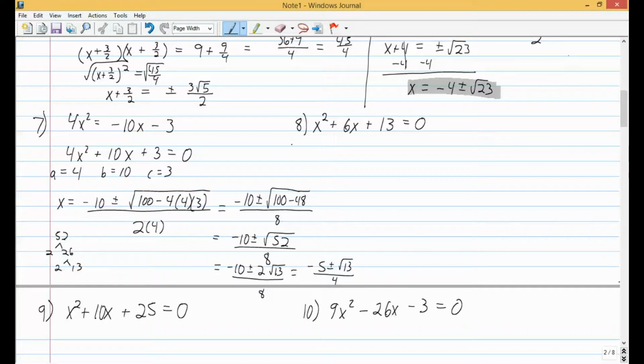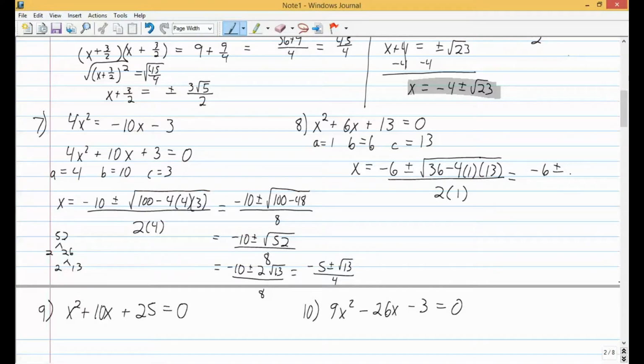Alright, I'm going to do the same thing for number 8 here. A equals 1, B equals 6, C equals 13. So x equals negative 6 plus or minus the square root of b squared. B squared is 36 minus 4 times a is 1 times c is 13 all over 2 times a, and a is 1. So that's negative 6 plus or minus the square root of 36